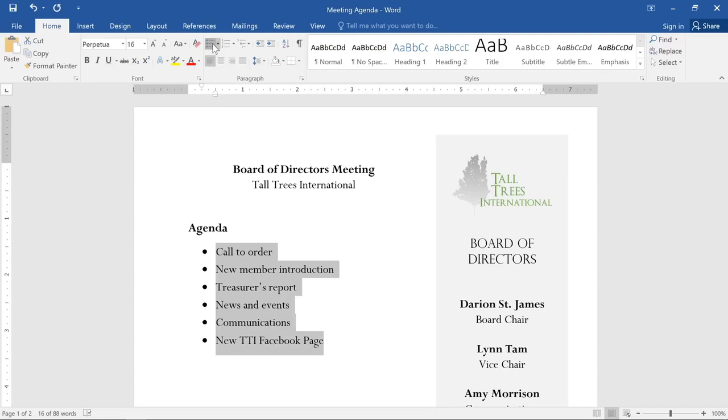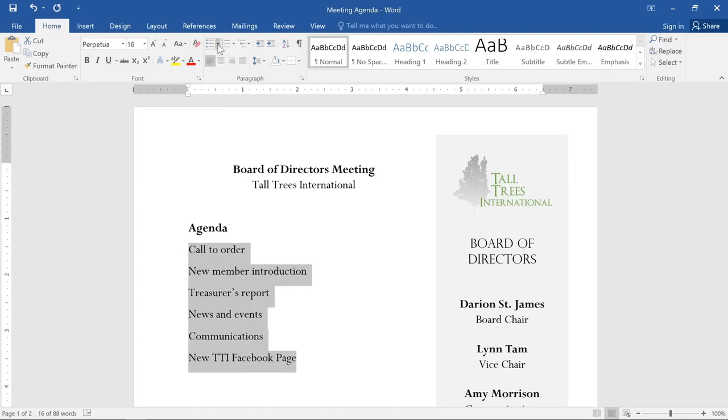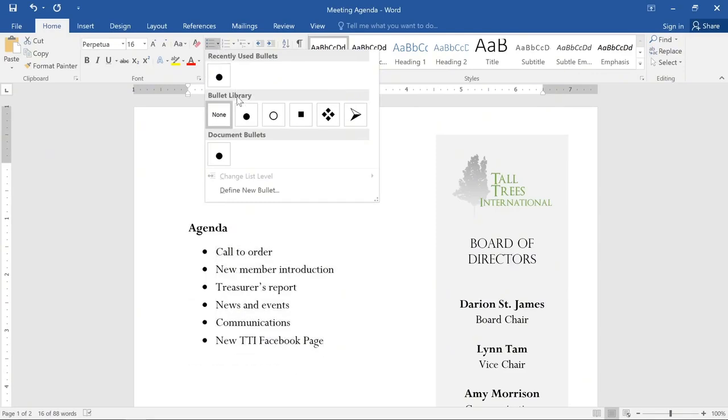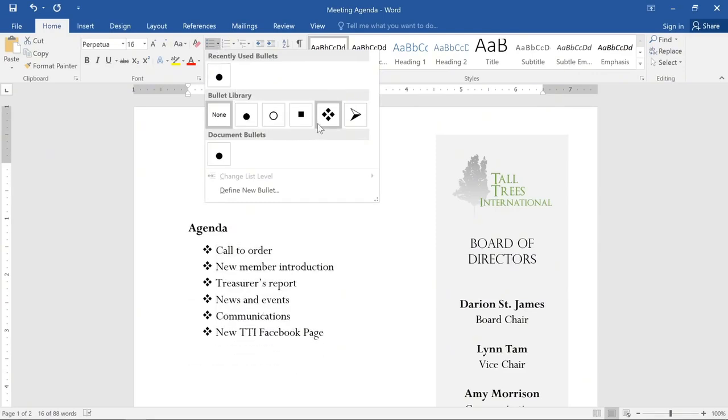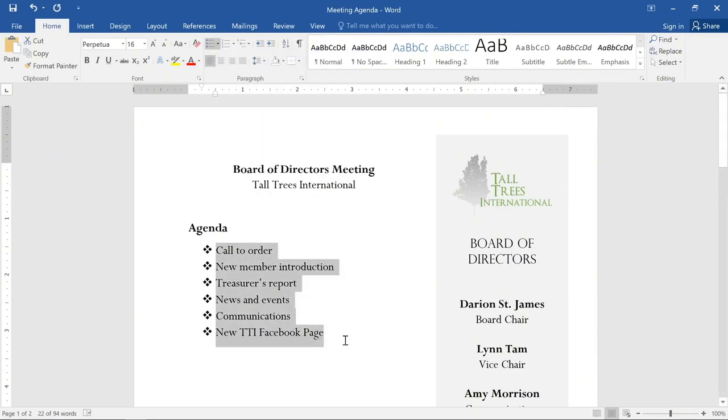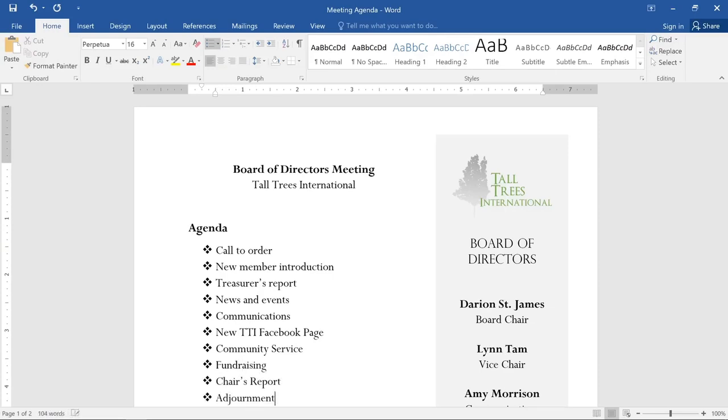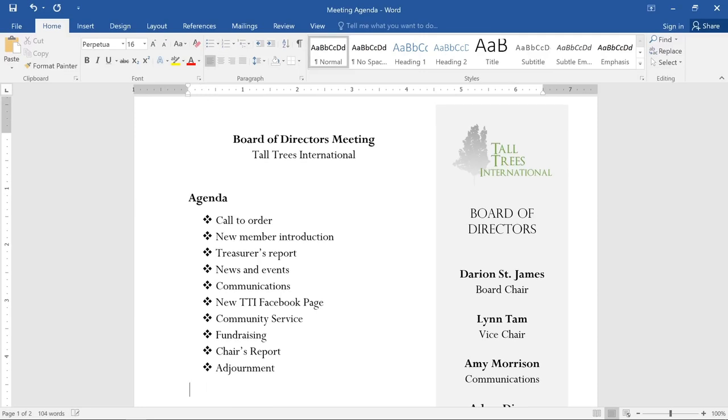For more options, you can click the Bullets drop-down arrow and select the bullet style that you want. If you click at the end of the list and then press the Enter key, the next line will automatically have the same list formatting as soon as you start typing. When you're done with your list, just press the Enter key twice, and the next line will have normal paragraph